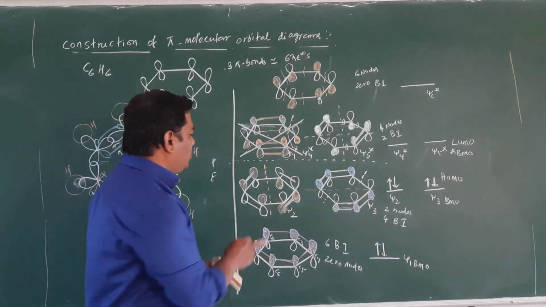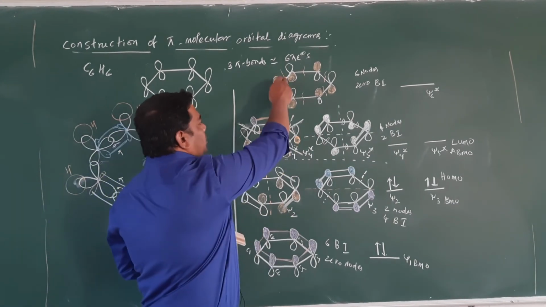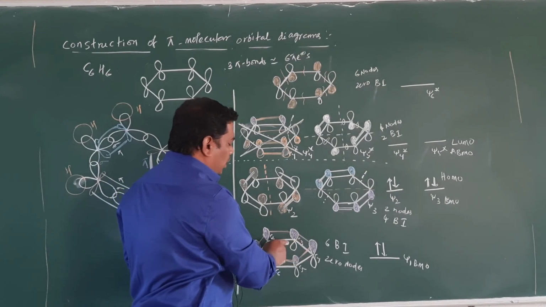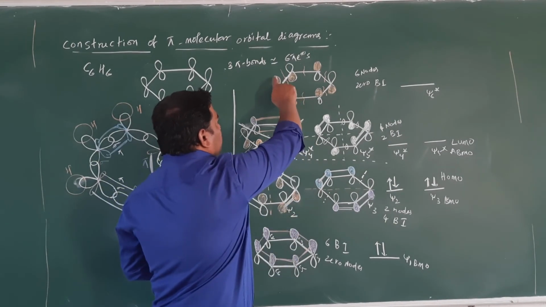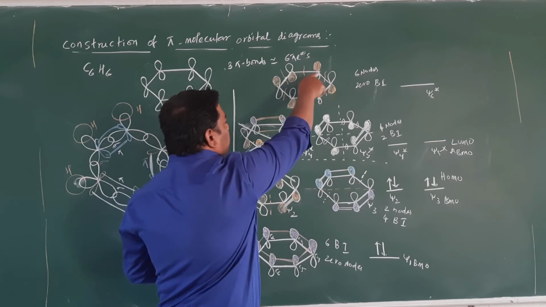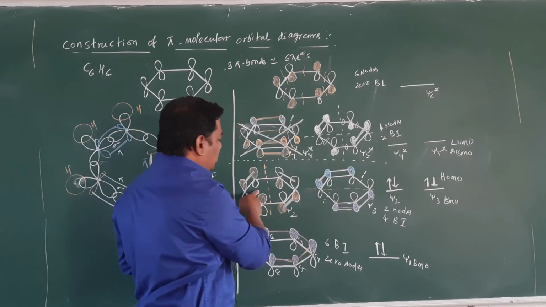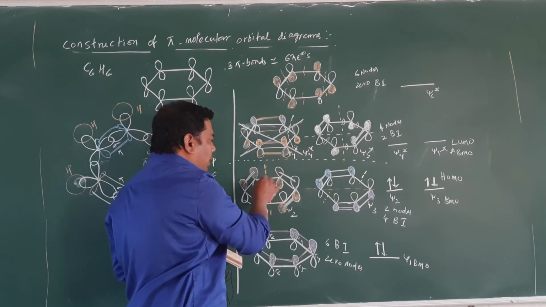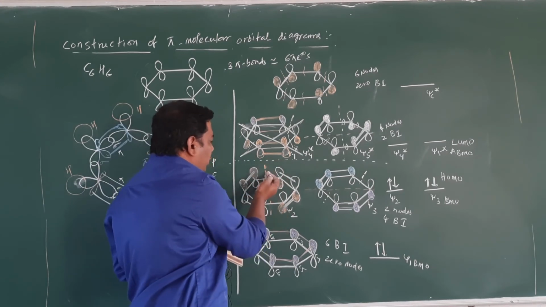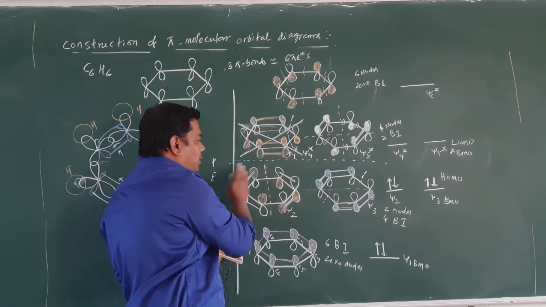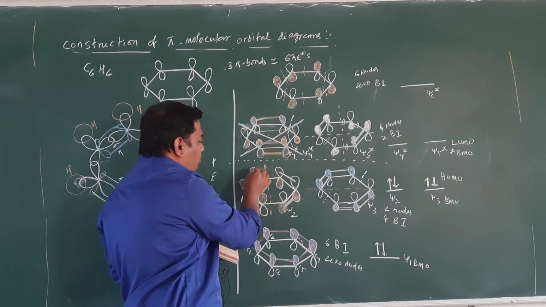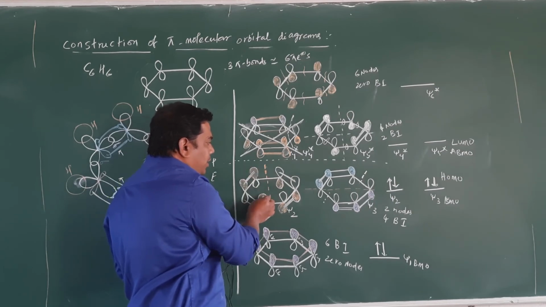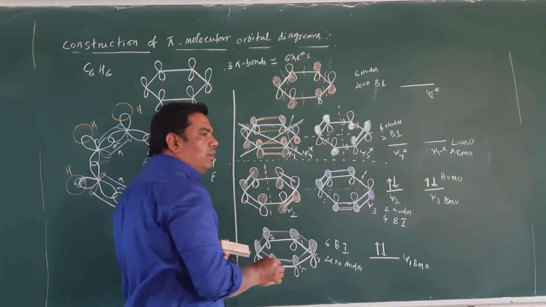Okay, clear, student? This is easy to remember. Here all the top lobes above the plane you can shade, and here you can do one above the plane and another below the plane, above the plane, below the plane. In this case what will you do, student? You can cut the molecule through the middle of the carbon atoms, and classify left side and right side. First on the left side, the top lobes above the plane you can shade, and in this case you can shade the ones below the plane.